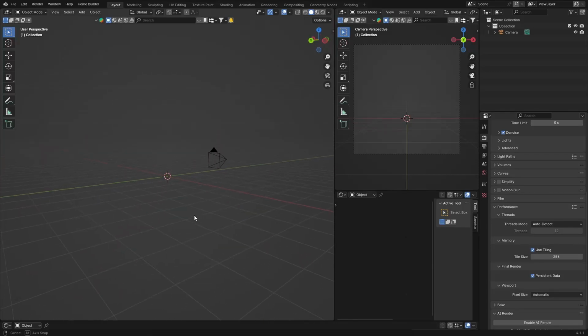So what I'm going to do in this video is show you how to create a cinematic scene with cinematic lighting, and it's going to be a landscape. You can always add different things, but I'm going to show you the basics of it, how to light it, all that kind of stuff, and hopefully